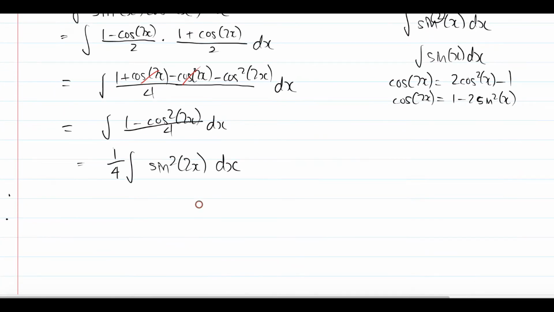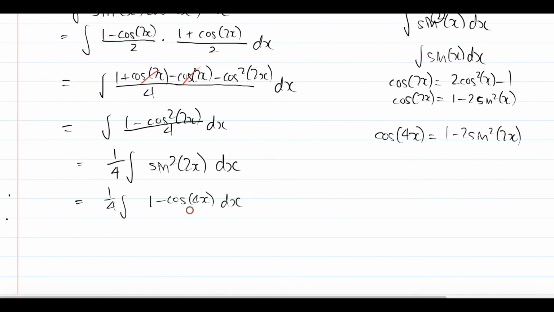Okay, we're getting really close. Sine square 2x, yes. If you see sine square by itself, now you can just use the double angle formula once again to actually solve for this integrand. Sine square 2x, use the double angle formula, cos 4x in this case, because we want the double of the 2x. Cos 4x is 1 minus 2 sine square 2x, still the same formula. If you manipulate your equation right here, sine square 2x should be 1 minus cos 4x